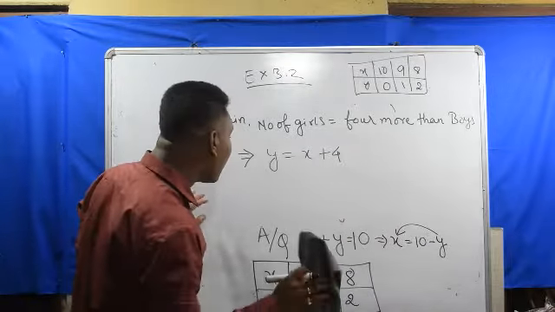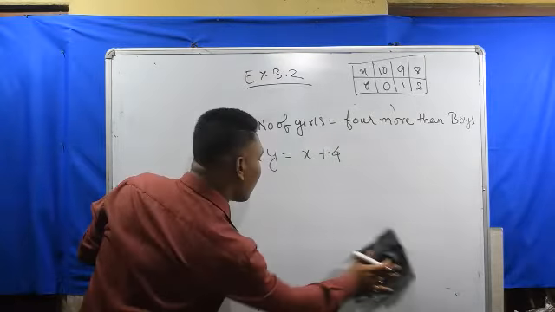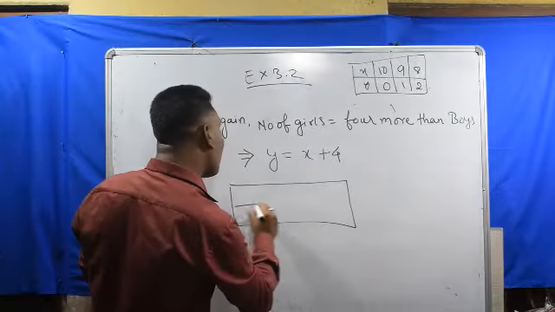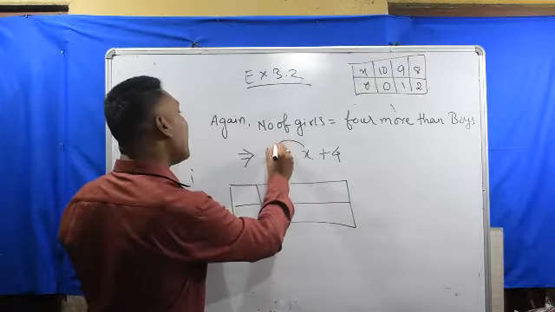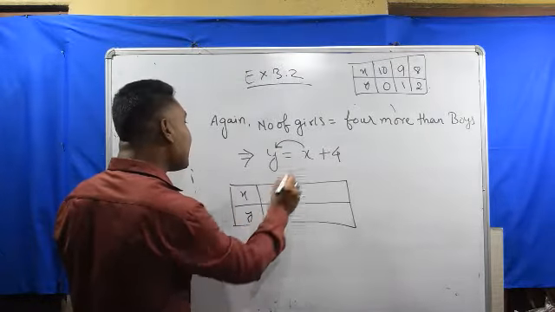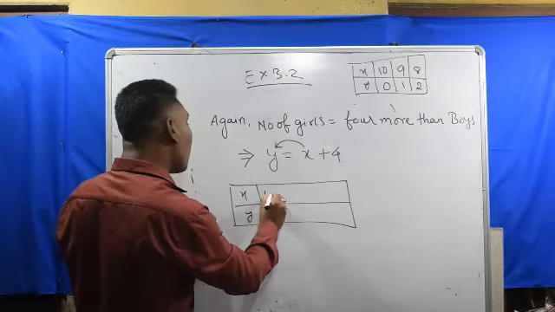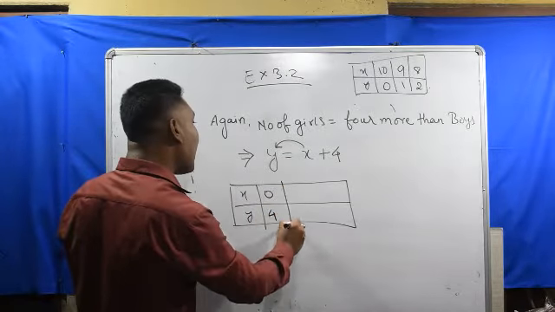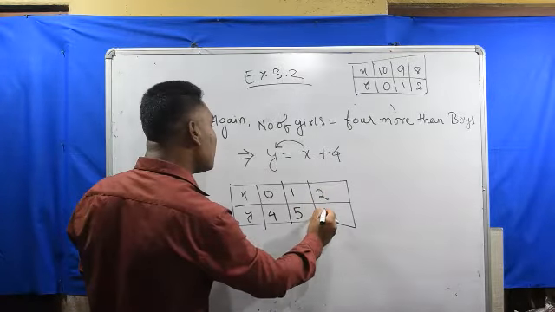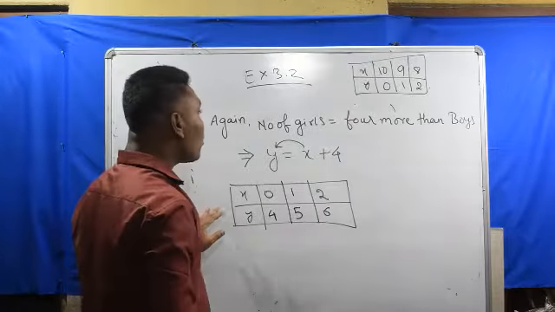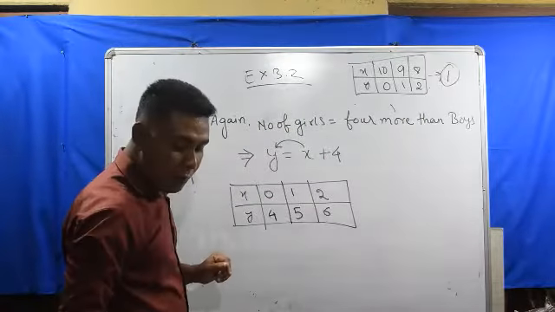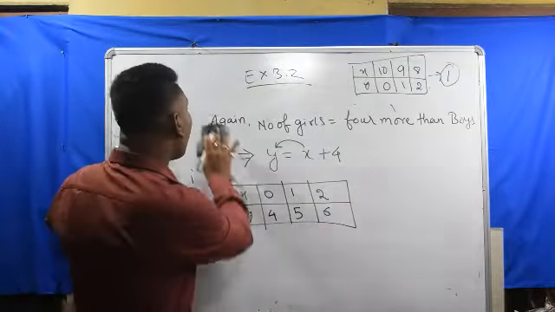So from here we can plot another graph, or coordinates of the graph. Now you see, y is depending on x. If I take x as 0, y becomes 4. If I take x as 1, y becomes 5. If I take x as 2, y becomes 6. Okay, so this was for the first pair of linear equations. For the second pair we have got these coordinates.